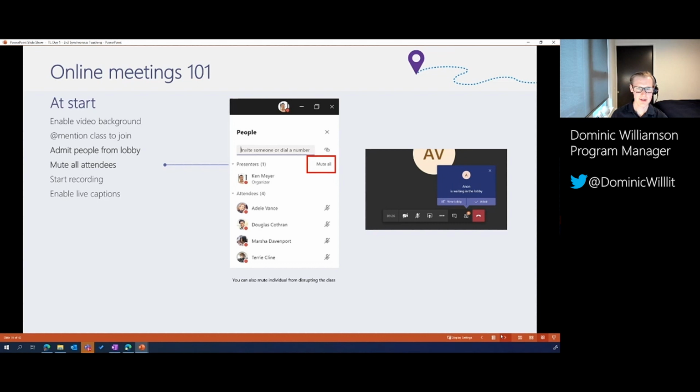So what this means now is if we head on through, I can see from the people panel, this is where I can mute all students. So if someone is being disruptive, I can mute them. And remember, if you've set yourself to the presenter, students cannot mute you. I can then see in real time the number of attendees that I have.